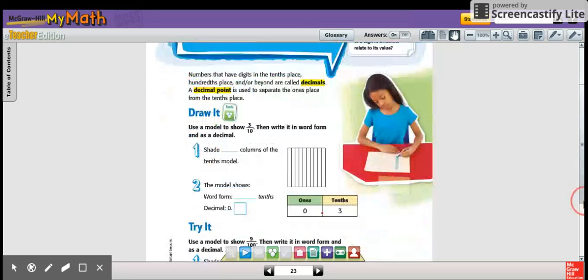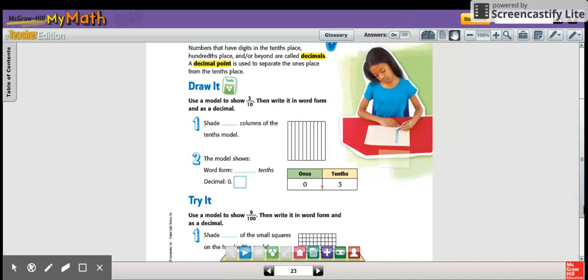Okay, so first thing we're going to do here, it says to draw it. Use a model to show 3/10, then write it in word form and as a decimal. So shade the columns of the tenths model. If we're going to shade these columns,